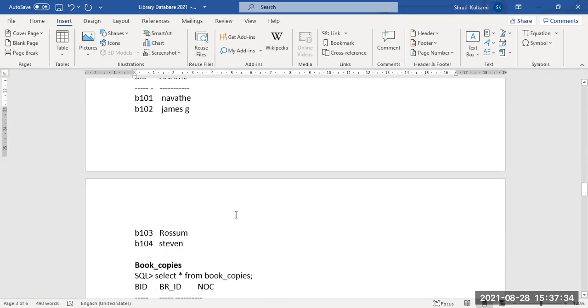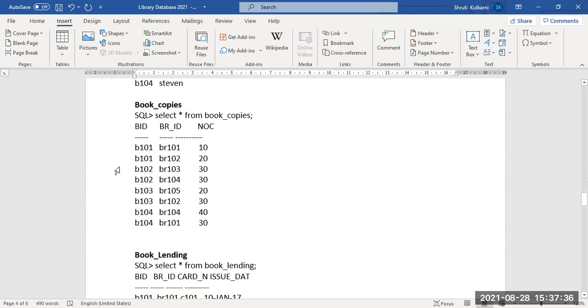Okay. The last table is the book copies table. What I have done is kept a single book in two branches here. I have recorded the video for the insertion of the values. You can have a look at that also. So a single book, B101, is present in branch 1 and branch 2, having 10 copies in branch 1 and 20 copies in branch 2.